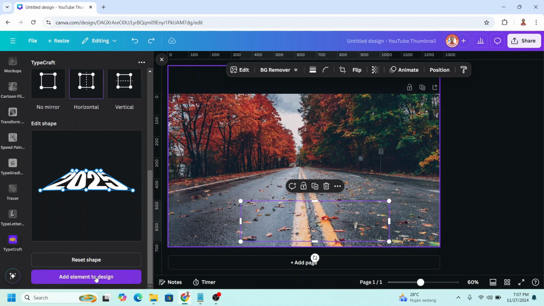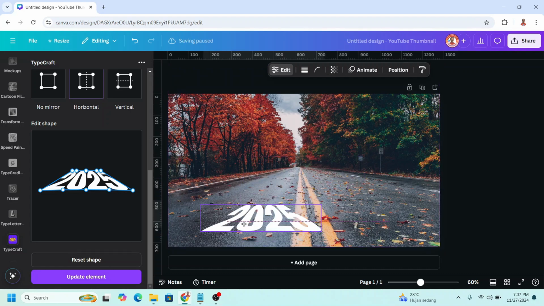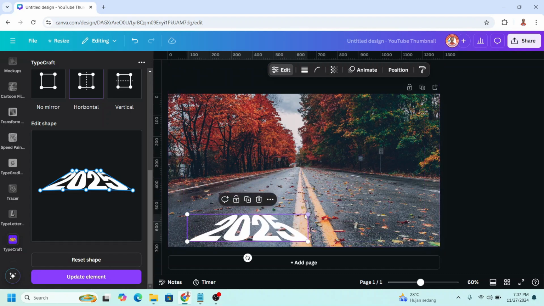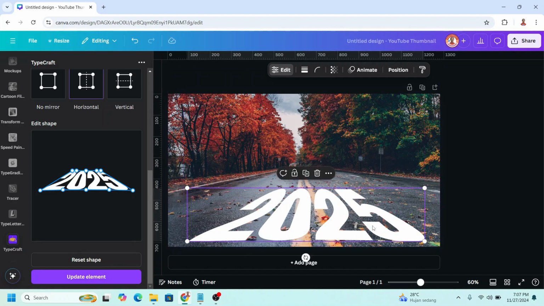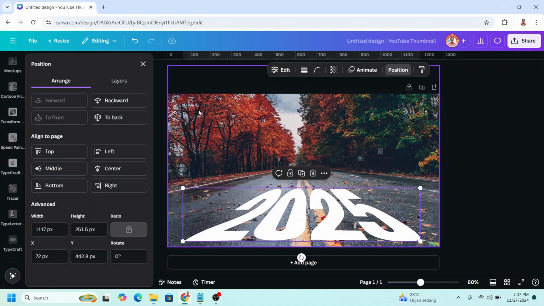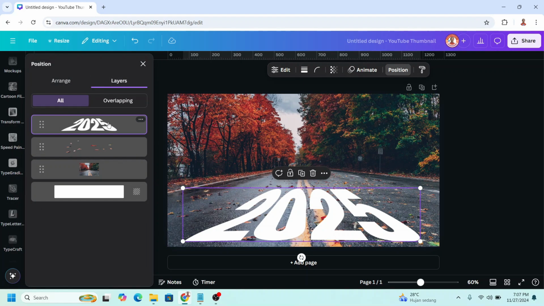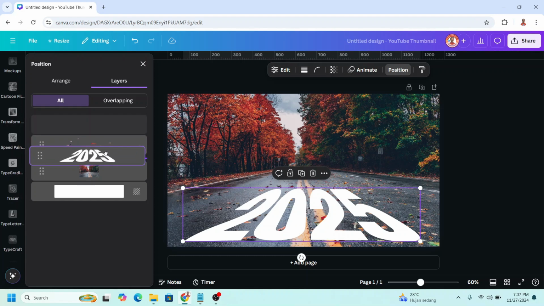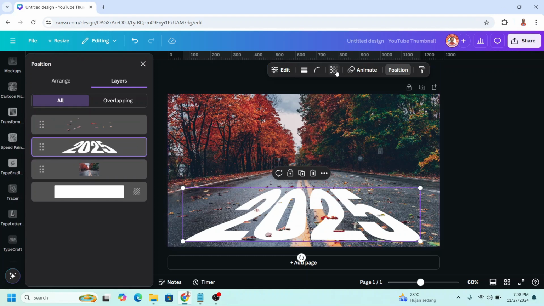and then scroll down, add element to design. Let's place it here, place in the center. Okay, and go to position, layers, and put it behind the leaves. Now reduce the transparency about 65 and then go to element